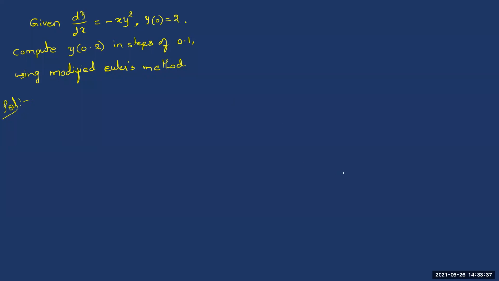So keeping that in view, let me write all the given things. Usually when you are given a problem, you will be given it like this: dy/dx = f(x, y). So keeping this in mind, you can understand this right hand side function, whatever you are given here, is the function f(x, y). I'm just writing all those things. Whatever you are given on the right side of the differential equation, I'm taking it as f(x, y). So f(x, y) is simply -xy².